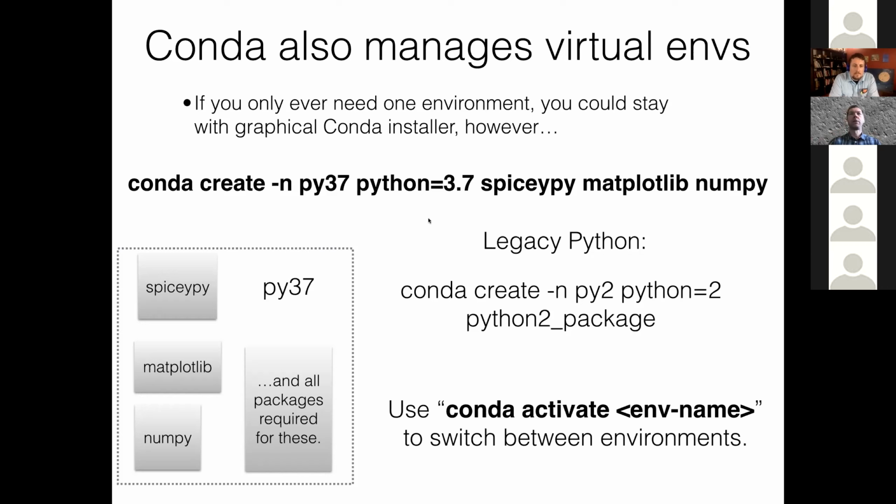And if for some reason you need to work with legacy Python, which is now called Python 2 because its official support has ended, meaning only very crucial bug fixes are entered, but no new development, you can create a Python 2 environment like this. And you don't need to specify the subversion. That basically means it finds the newest of Python 2 that is available